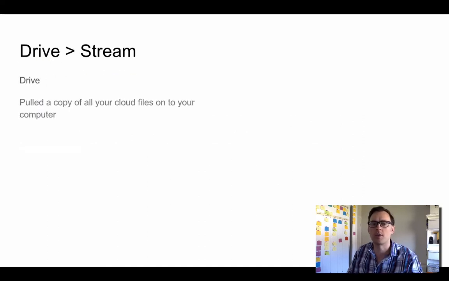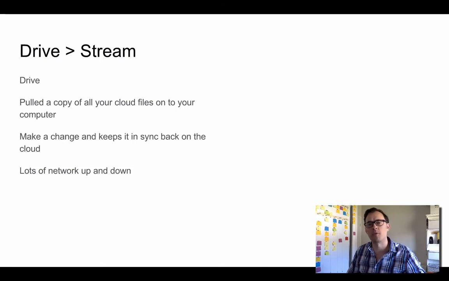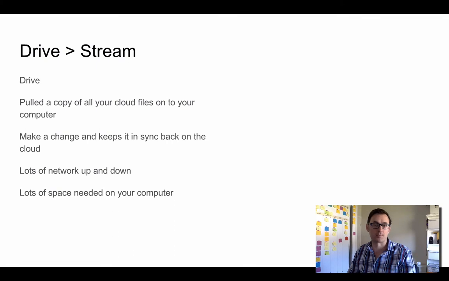Well, the Google Drive Sync tool that you currently have pulls a full copy of all of the files that you have shared down to your computer. When you make a change, it syncs it back up to the cloud, and then that change gets synchronized to all of the people that it's shared with, which means there's lots of network traffic up and down, not just for you, but for all of the people that it is shared with. And that means you also need lots of space on your computer because you've got to save those files back